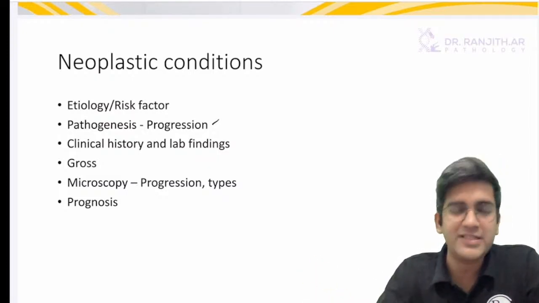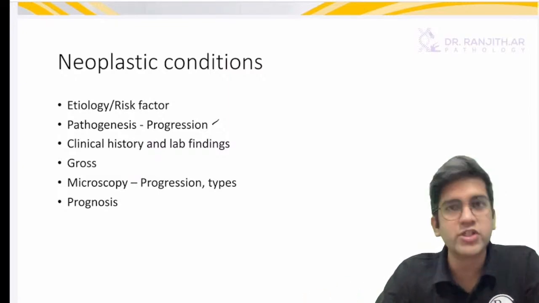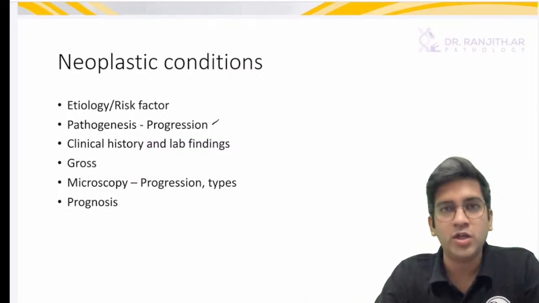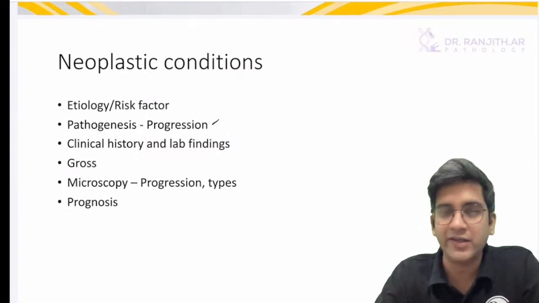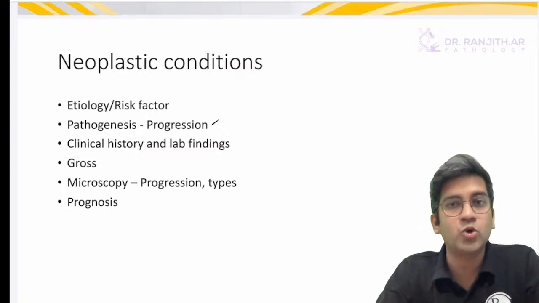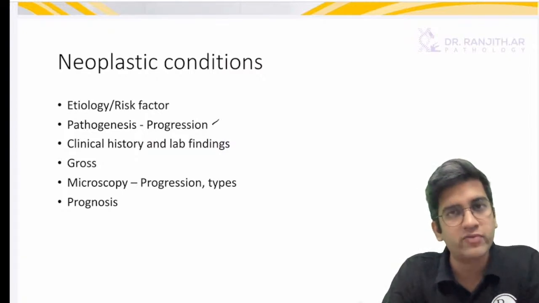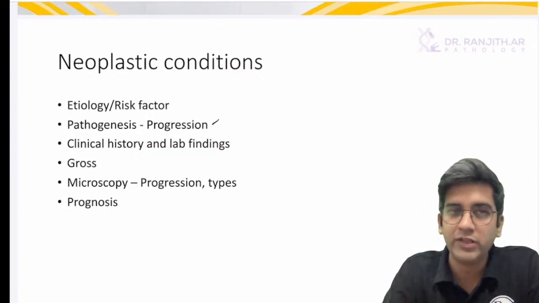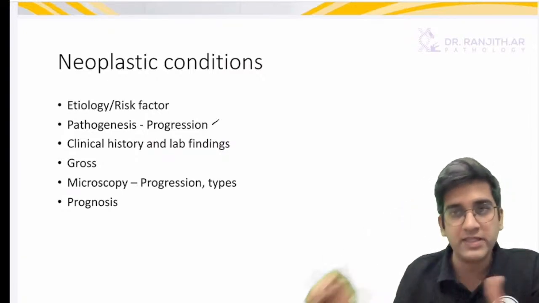I'm sure you can easily write a clinical history for stomach or colonic cancer without any difficulties. Gross, every epithelial carcinoma, gross has ulceroproliferative, infiltrative, and ulcerative subtypes, and we can definitely draw. When it comes to colon cancer, the same ulceroproliferative infiltrative will have a different outcome. We'll look at that as well. Fine. Then microscopy and progression.